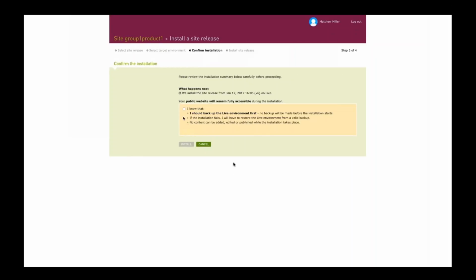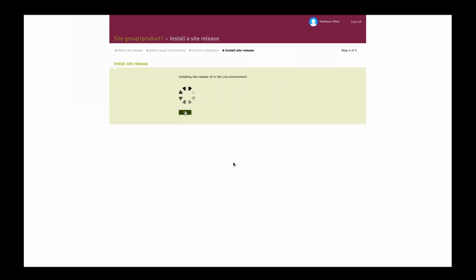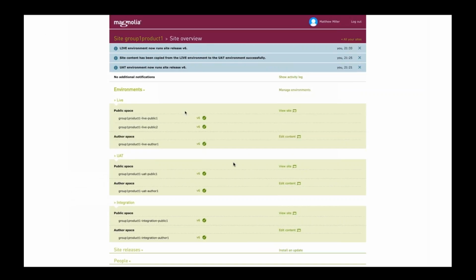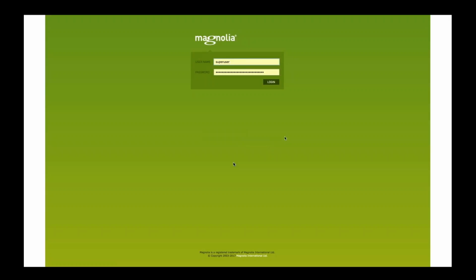And this update is done without any downtime. We do not stop the traffic. The public instances are still live. We do not shut them down. And as you can see, it's also quite fast. Which also means that if you need, for whatever reason, to roll back to a previous version, you will go through the same steps, and it's super easy. And that's it. So now let's open the author instance to create some content.